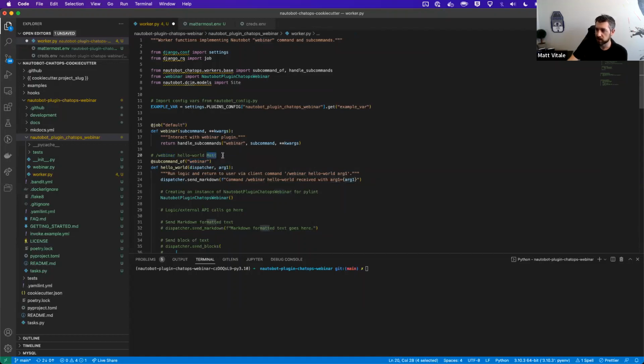So if I added arg2, I would add a second name after that, for example, okay? Then we look at the comments or the initial comment underneath the function, run logic and return to user. This is the help text that will display to the user when they go to run this. And then dispatcher send markdown is simply a way that Nautobot handles sending markdown flavored text to